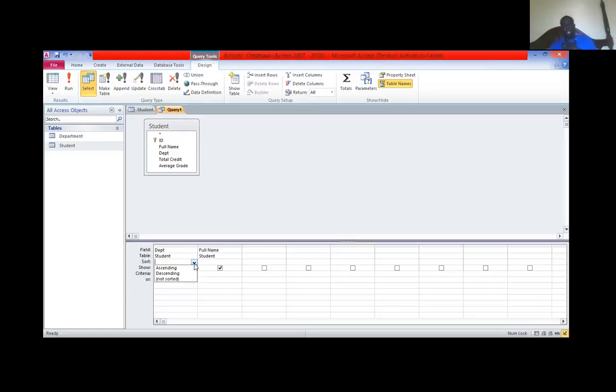Down here below, it tells you what kind of sorting you need to do. So you select ascending for it as well, because that's what the question asks for. There are no more criteria. All right, run your query now and let us see what the output is. So point first so that they can see where they would run the query. To run the query, you look up at your toolbar for this icon that looks like an exclamation mark and says run. And once you click on it, you should see,